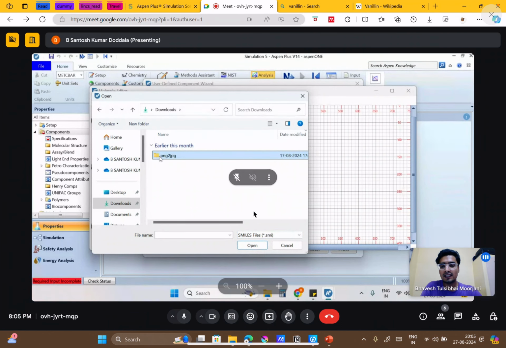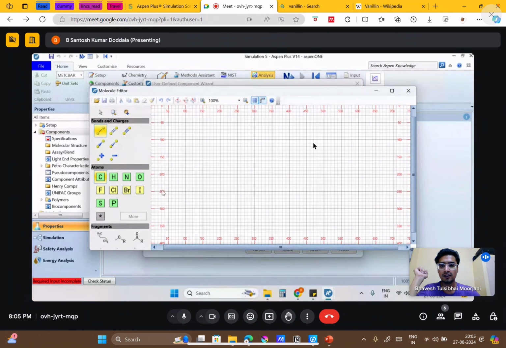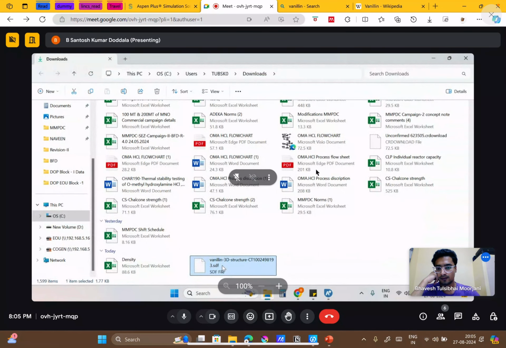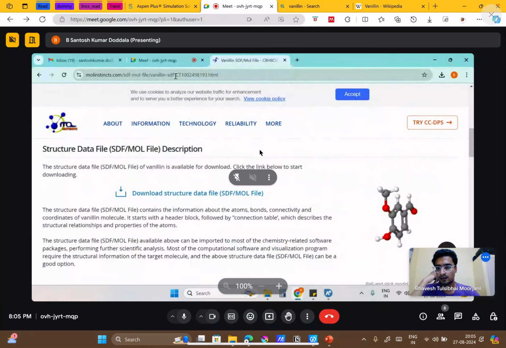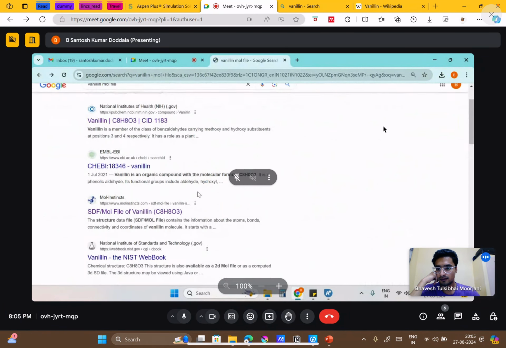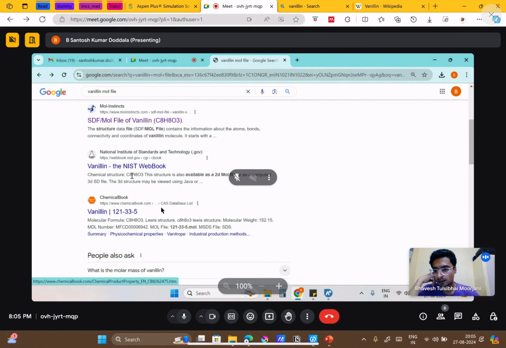Okay, so SMILES is also another file type. Can you search SMILES for thymol, sorry, not vanillin. I mean, it won't take an SDF file, so it's not showing here. Yes, it's not taking this. So either we can draw it, or quickly search if we can find it. Go to the browser and see on some other website if we can download it. Go to ChemicalBook, probably it will have the data.